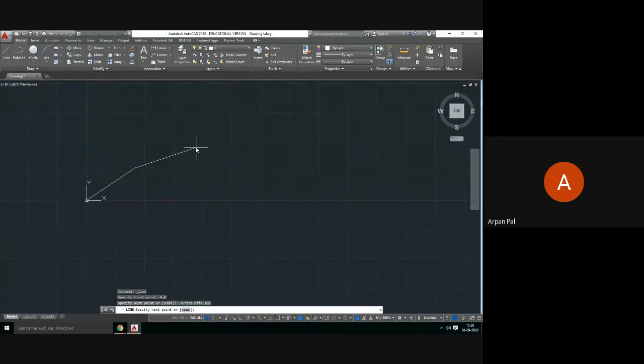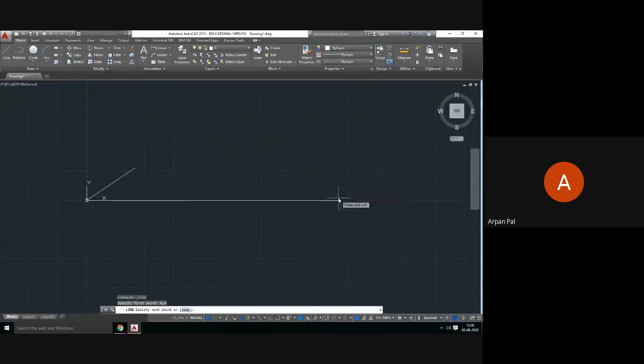Okay. So starting from a particular coordinate point and going in any arbitrary direction with your required dimension is possible. Obviously, if you switch on this ortho mode and then take the line and give your first coordinate as 0, 0, enter, you see ortho mode is on.